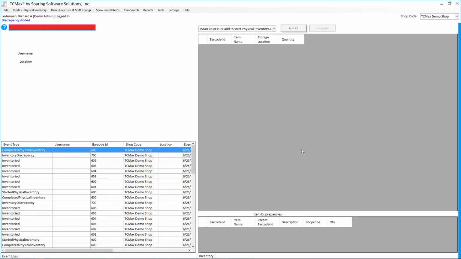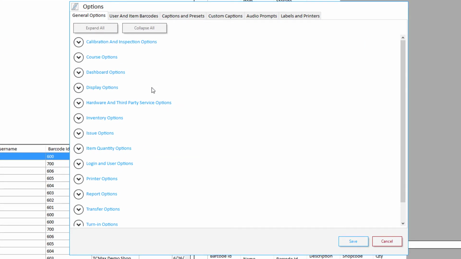If we would like this mode to update our quantities instead of creating a discrepancy, in Settings, Options, we can turn on an inventory option to adjust the quantity on hand when in physical inventory mode.